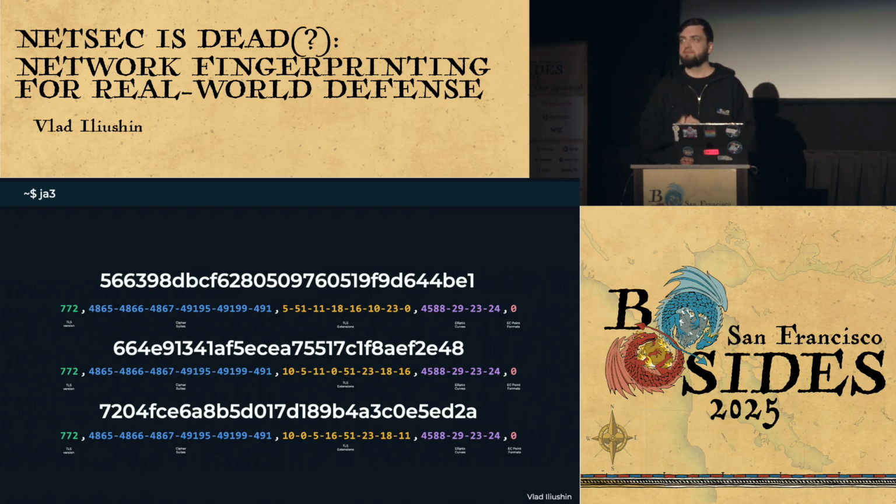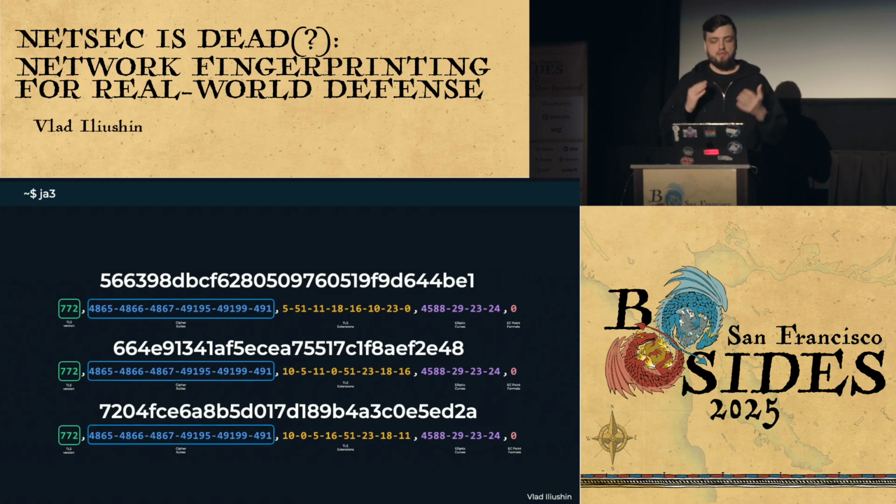So why is that? Let's take a closer look at the JA3 strings of all of those 3 connections, and you can see that the first value, the TLS version, is the same. The cipher suites are also the same, they have the same values, and they are ordered exactly the same. Going back to the fingerprint raw value, elliptic curve point formats are also the same, and so are elliptic curves.